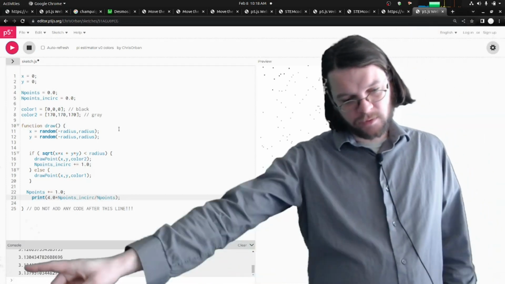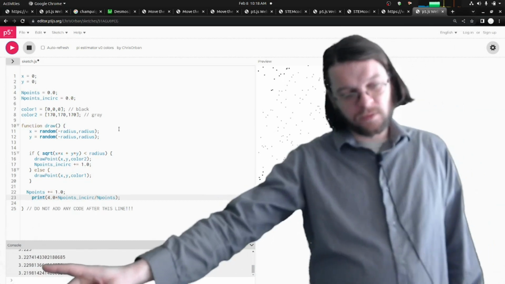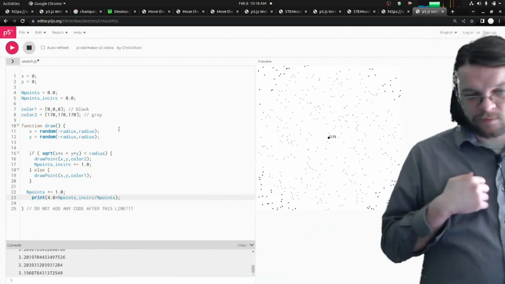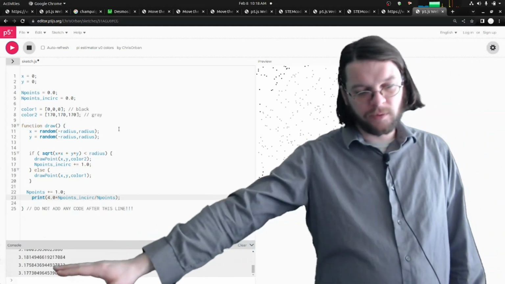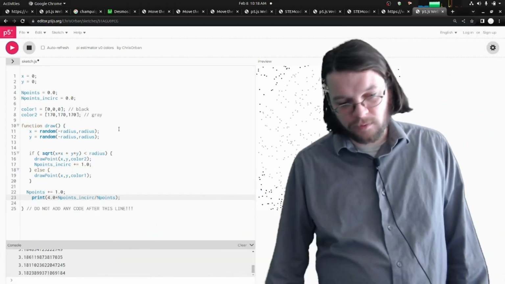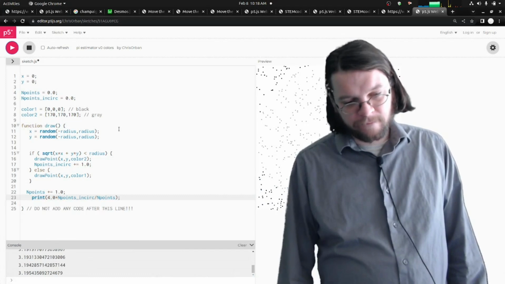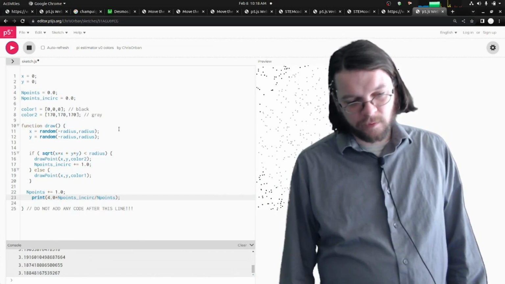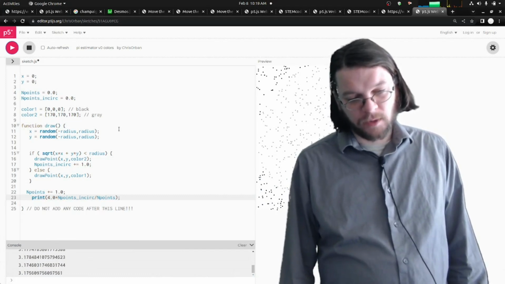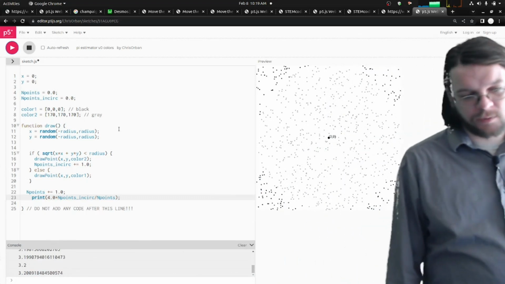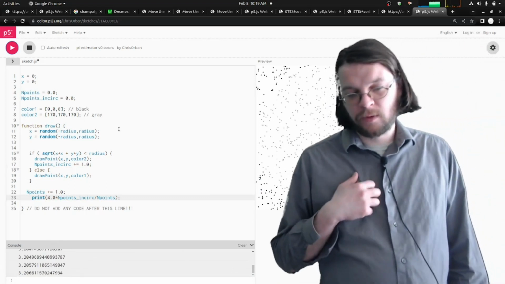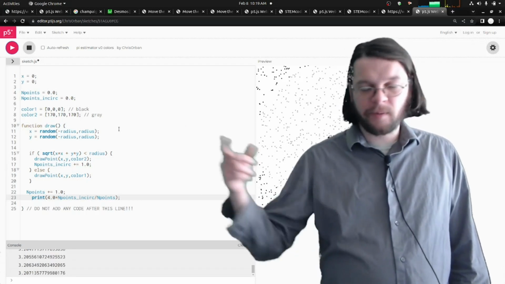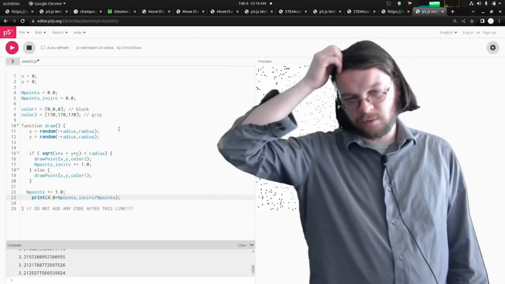So if you look down here, you see that as time goes on, it takes a while, but it's sort of hovering between 3.2 and 3.1. Yeah, it takes a while before it converges. So this is not a great way to estimate the digits of pi. But there's ways to speed it up, like there's a way to add a for loop. We tell you how to do that.